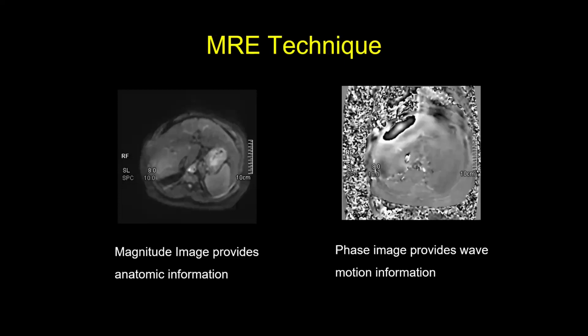So this is what you get. Initially, you get a magnitude image and a phase image. So the magnitude image is an anatomical image. It is telling you at each acquired section level what all tissues are there. So that will help you in planning the ROI, because as I'll go further, we'll talk about the ROI planning. And then the phase image provides the wave motion information. So this is the raw data. Once you have the raw data,